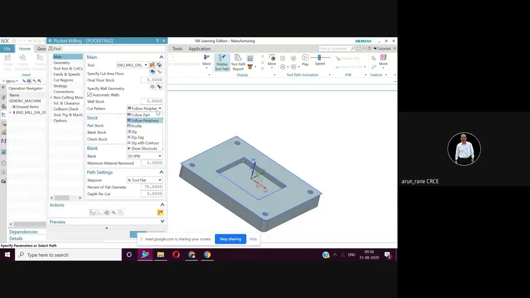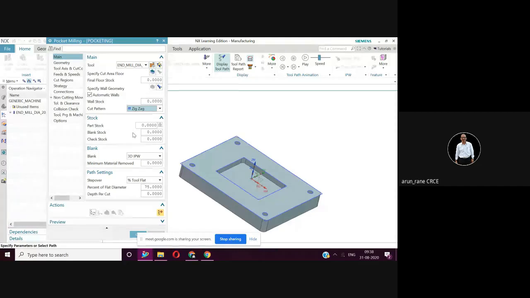Cut pattern allows you to select the various cut patterns. There is an option called optimize also. If you select that option, optimize, the zigzag pattern etc. will be selected automatically. Optimize minimizes the machining time.